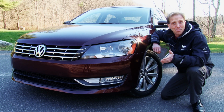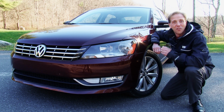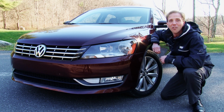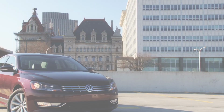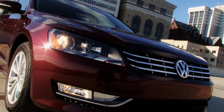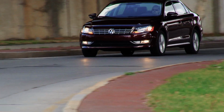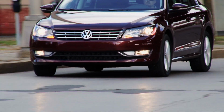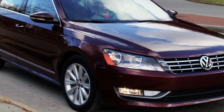Who says you need a hybrid in order to achieve great fuel economy? With the all-new 2012 Volkswagen Passat TDI, 40 mpg can be had without an electrical boost. This all-new Passat is offered with 3 different engines to suit a wide range of tastes and wallets. But the one best equipped to keep you away from the fuel station is this, the TDI,